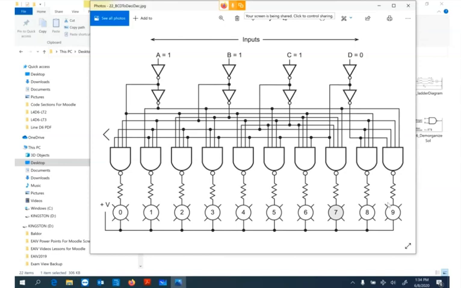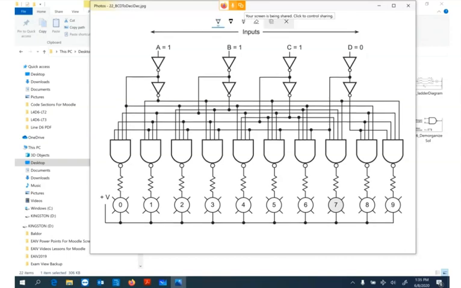Now this one looks scary. Half the battle is understanding what's going on. Why is light 7 on when we have A, B, C on? Now, I know they've written it this way, but in this case, A is our least significant digit, and D would be our most significant digit. So literally,